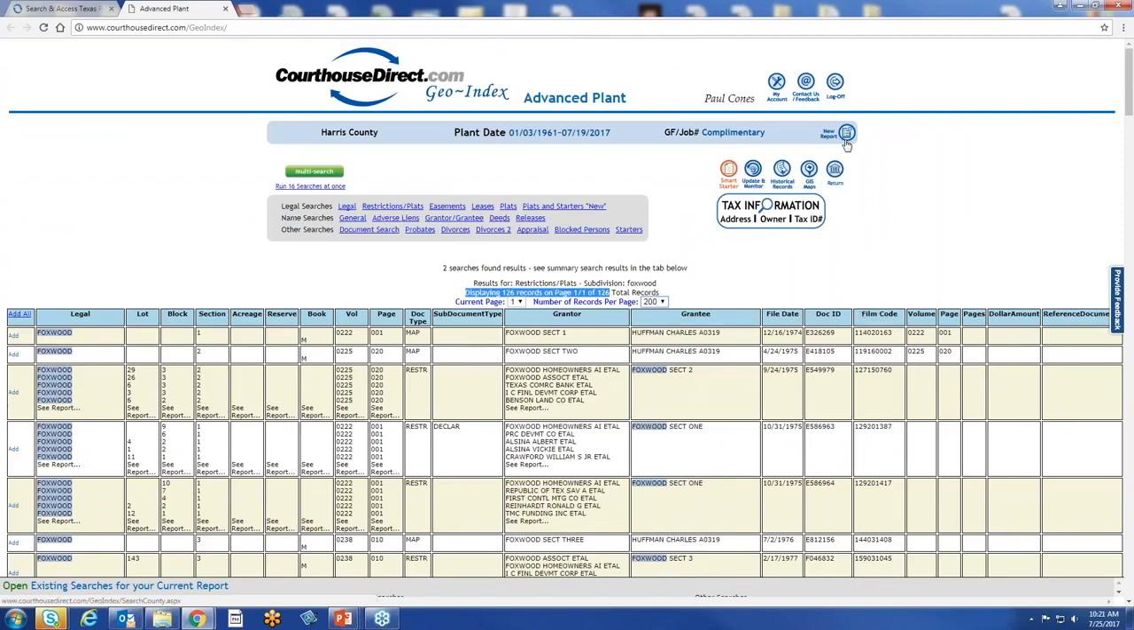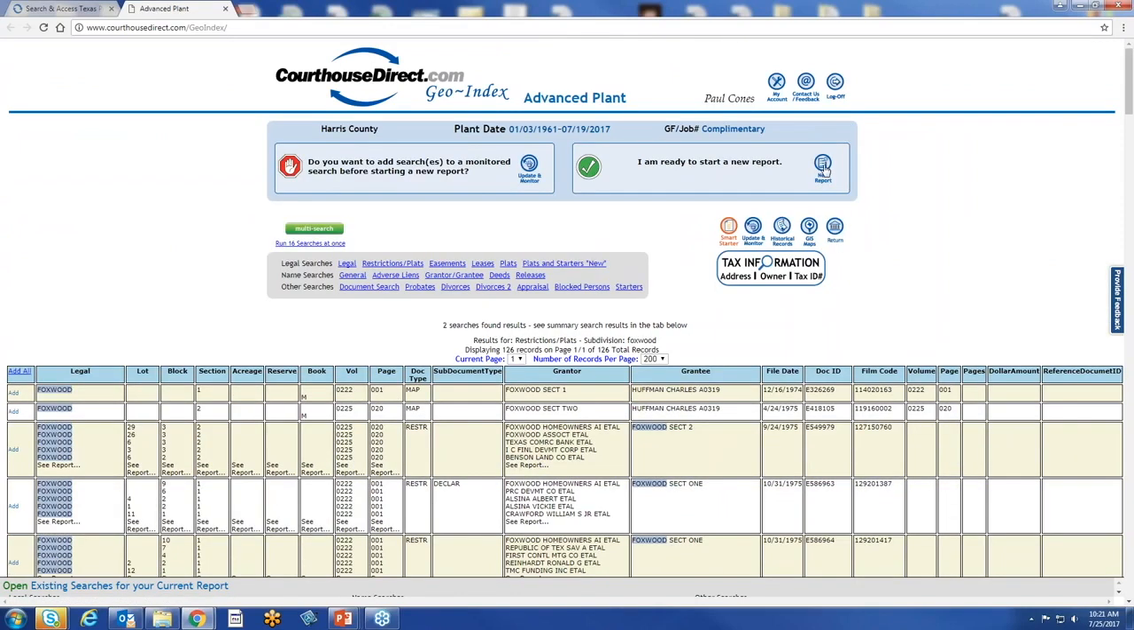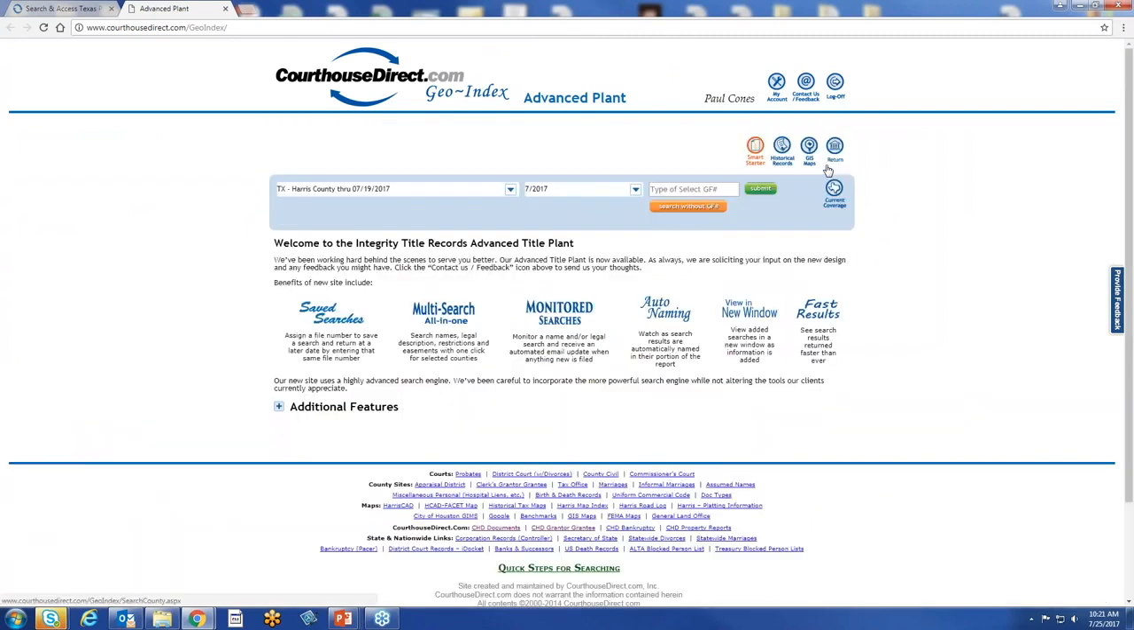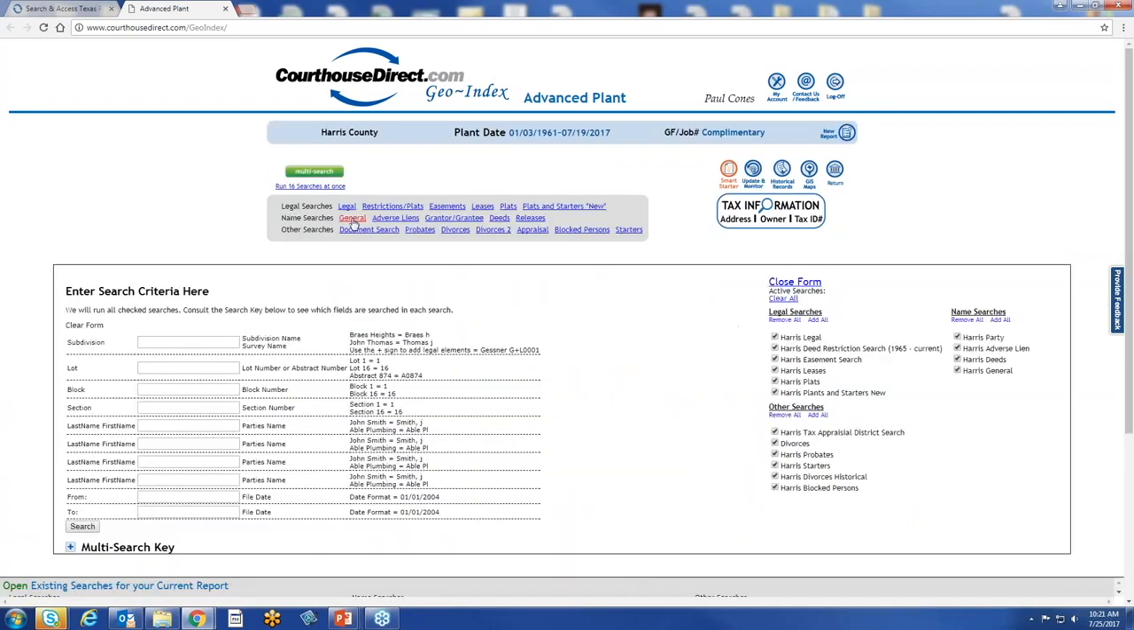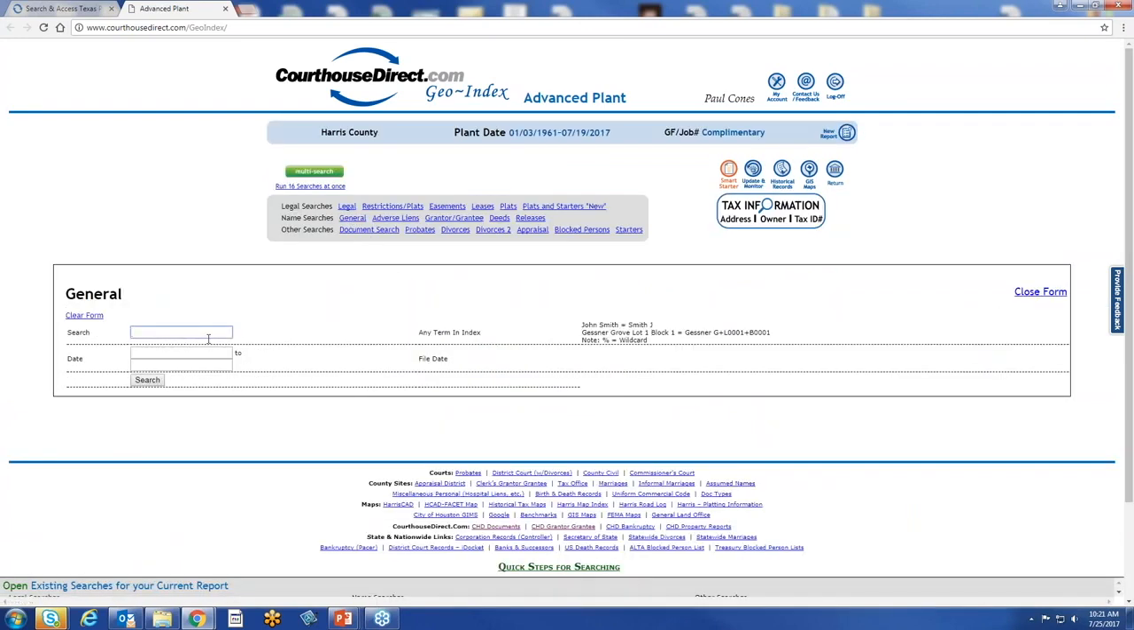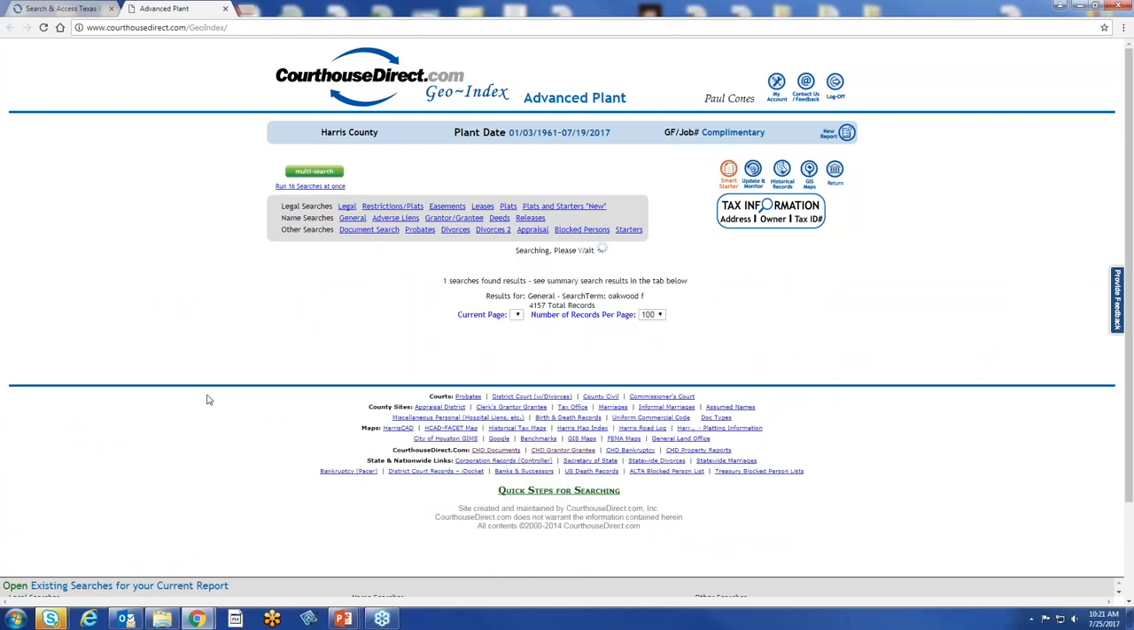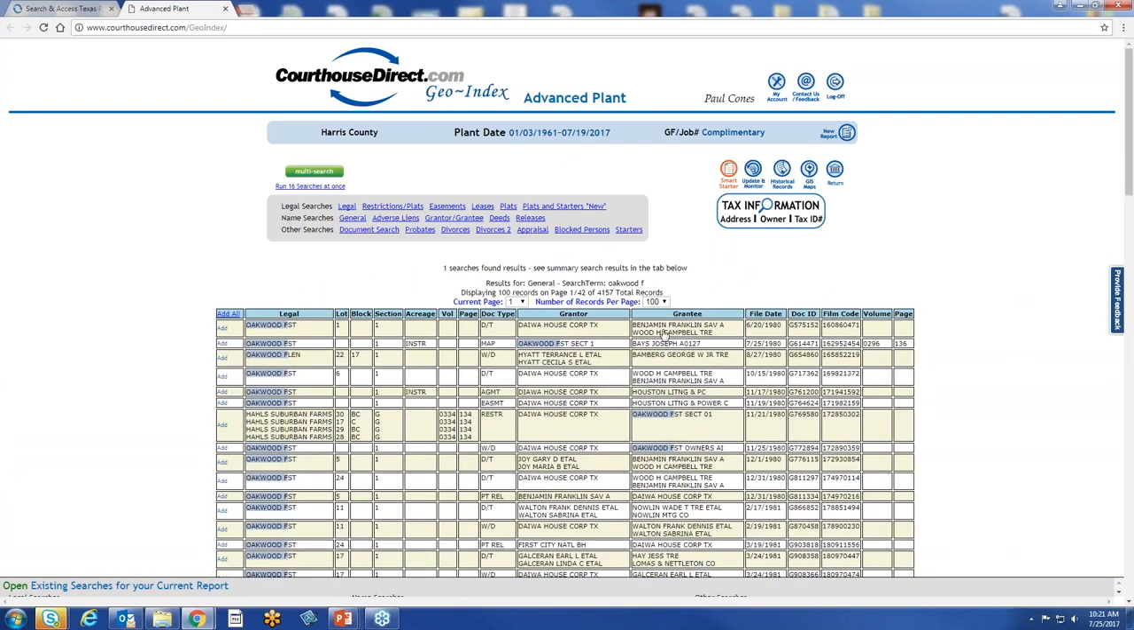Let's do another search in Harris County. So I'm just going to say new report, new search. And I'm in Harris County already. Search without a GF number. Again, I'm going to do a general search, and I'm looking for Oakwood Forest. So you notice I'm just putting in Oakwood F. Brings back whatever it was,